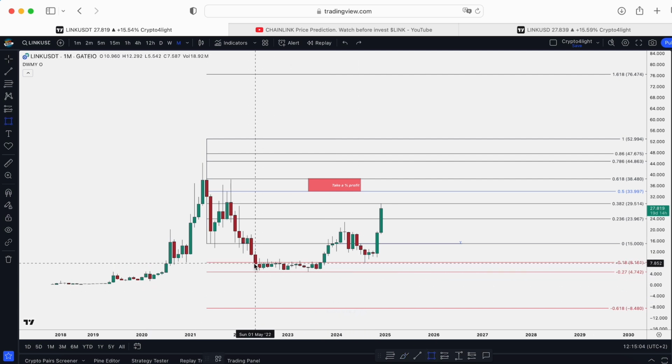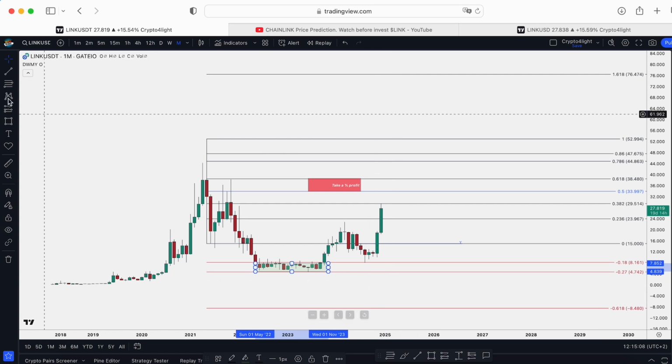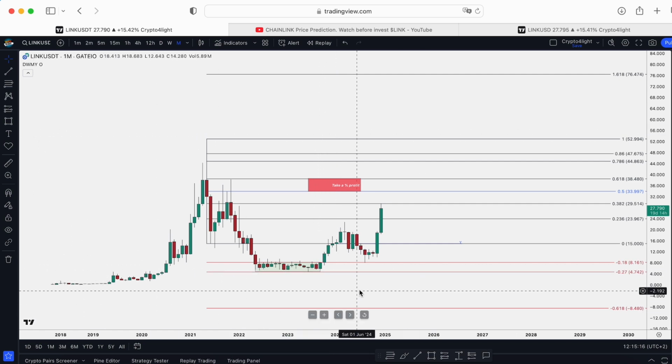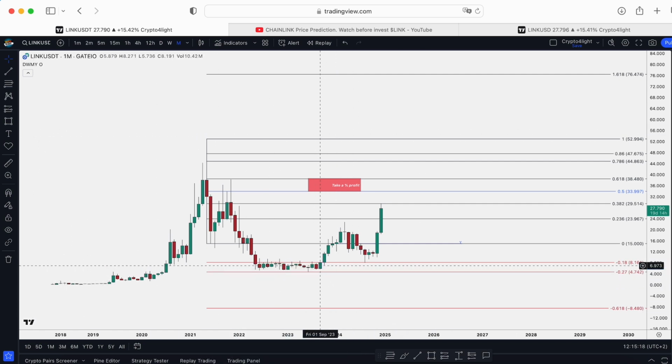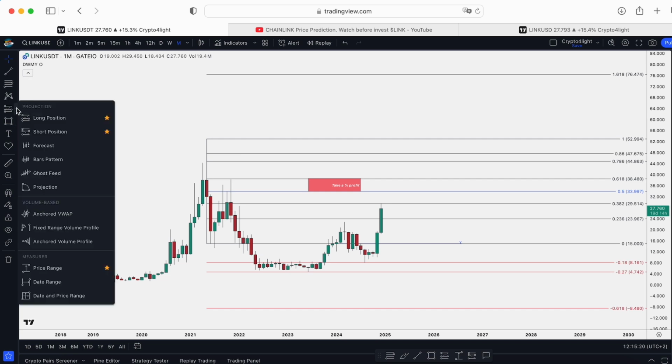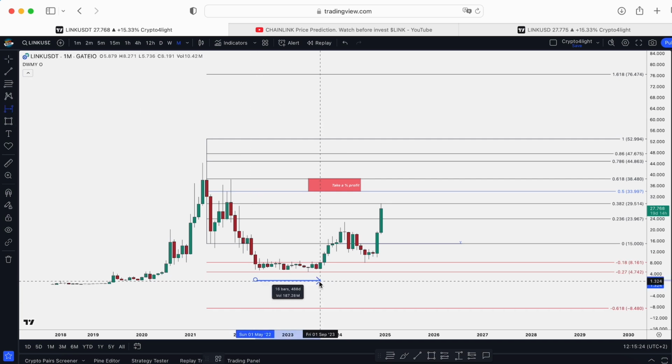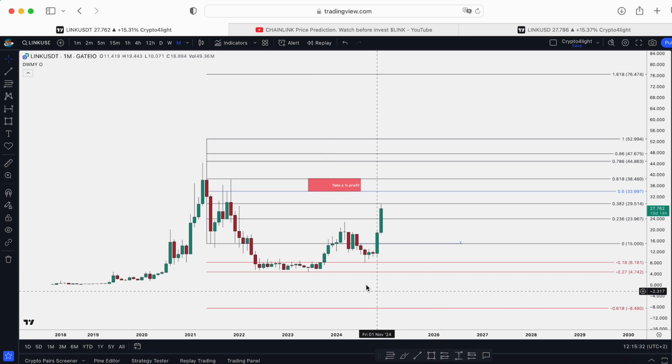So this zone, usually, personally by my strategy, it's not like a rule or some magic, I just use this zone for accumulation, for the long run, like investment. So this was the accumulation zone, and we spent more than 488 days in that zone. After that, you remember September 2023, we pumped